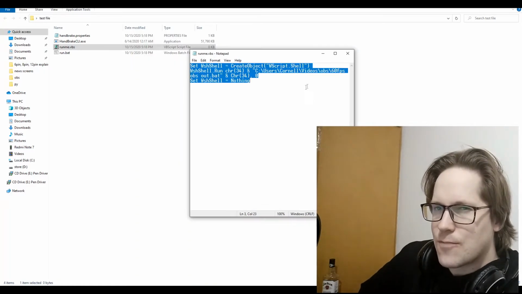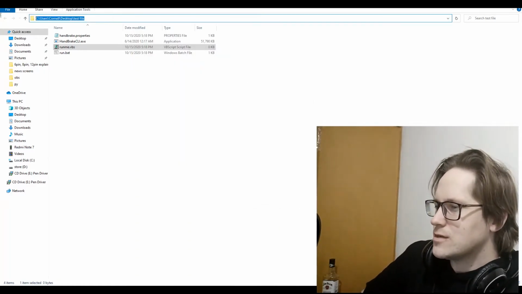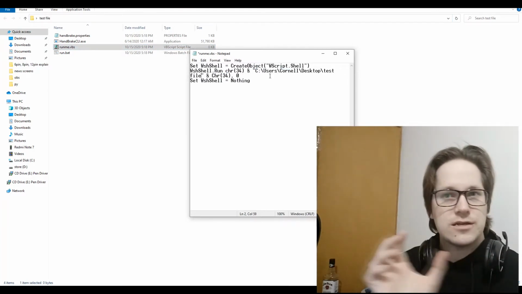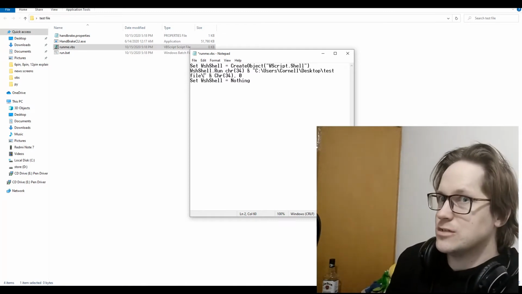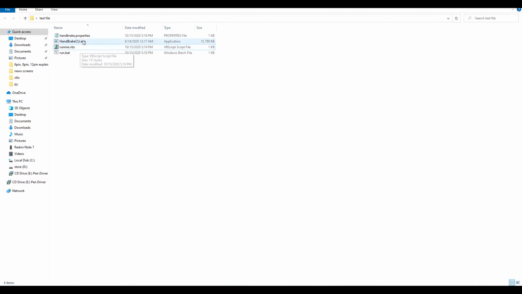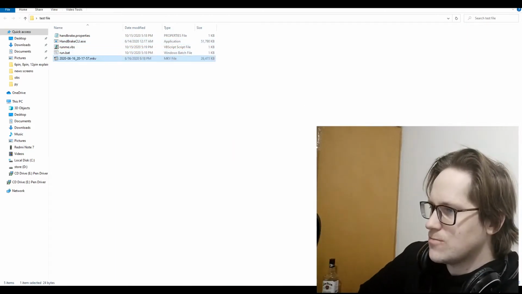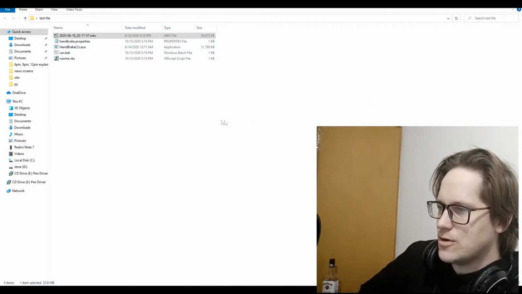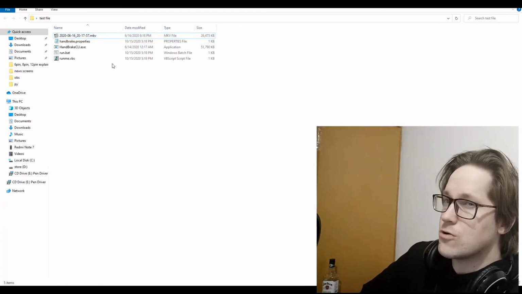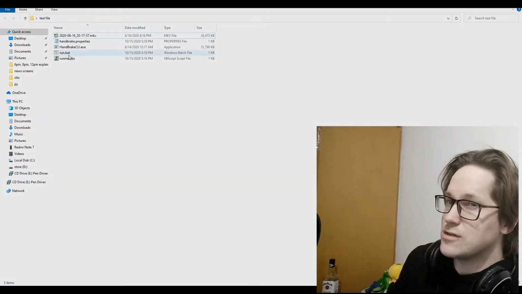Now, the code I'm putting in the VBS script file will run the batch file without any pop-up notification, nothing in the taskbar, even nothing in the task manager. And the only configuration you need to change in this file is the address to your batch file. So wherever your batch file is, just enter that address there. We will test this setup on a random mkv file I had lying around. Run our batch file and it encodes, and we have an mp4 file and the mkv is gone. You can change the settings so it doesn't delete the previous file, but